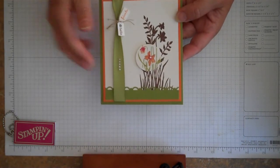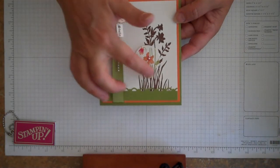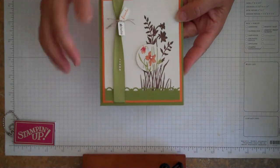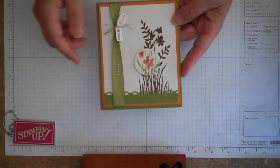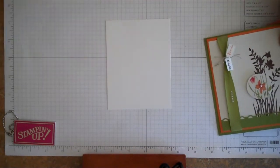And what I mean by that is we're going to basically take an image and just spotlight or highlight just one area of the image. So I'll show you how to do this. It just kind of makes a unique card and you can use a real simple background to really spice something up. So what we're going to do basically is we're going to have a piece of Whisper White cardstock,